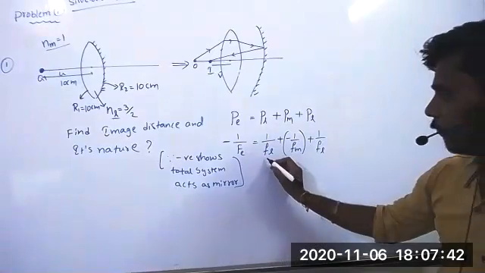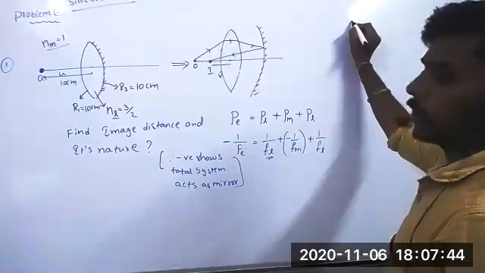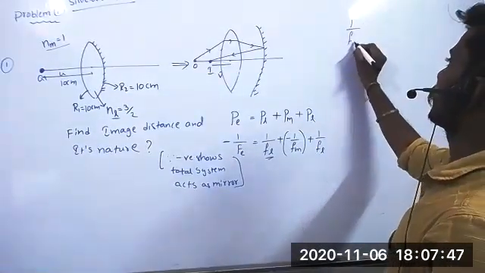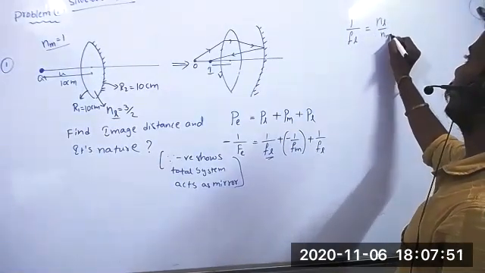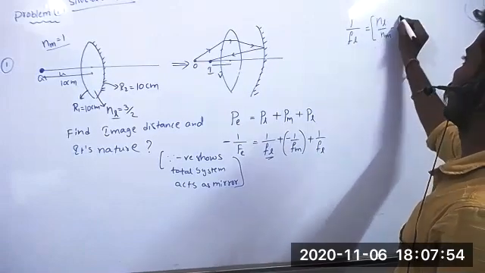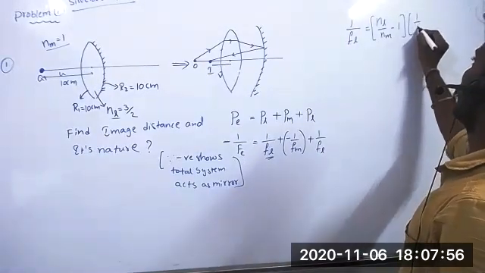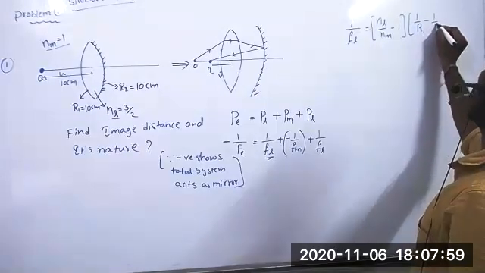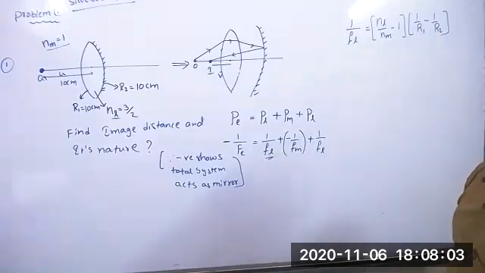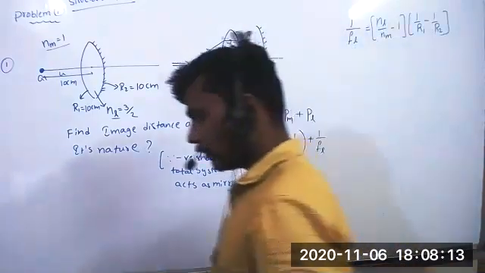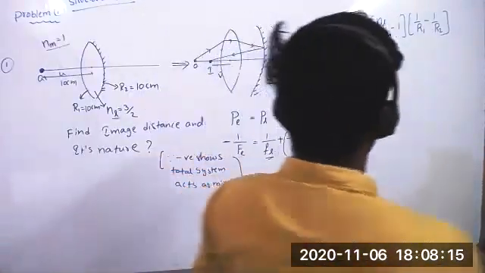Now we are finding the focal length of the lens. So 1 by FL equal to the formula, NL by NM minus 1, into 1 by R1 minus 1 by R2. If R1 and R2 both are 10 centimeters, it will get 1 by FL equal to 0, right? We will calculate that. Okay, let's see now.